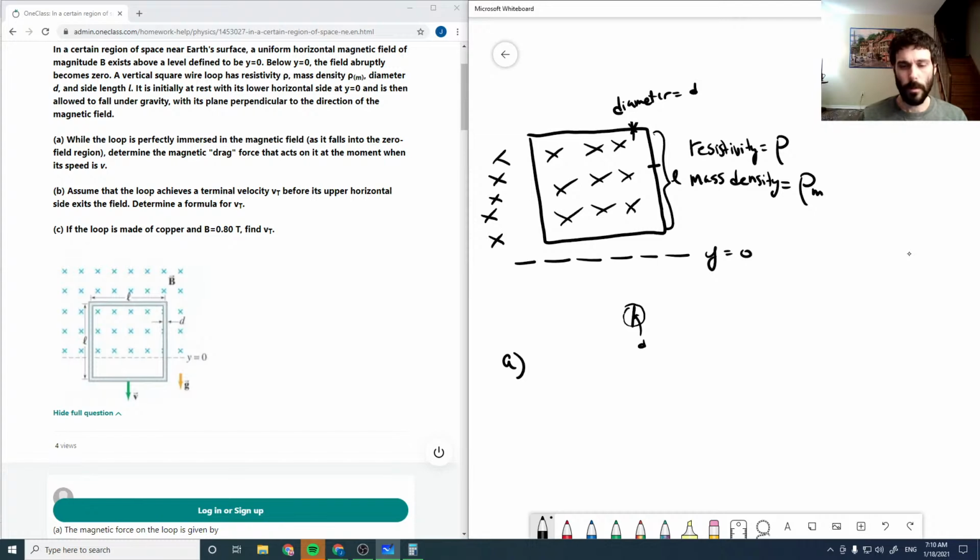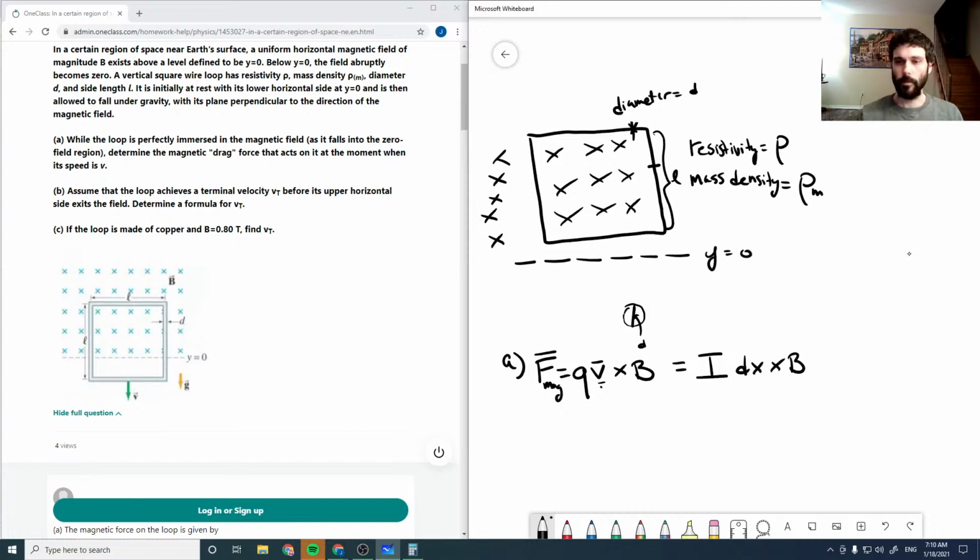So the force due to the magnetic field, I'm just going to call this F mag, is Q v cross B. So that's for a charge with a velocity v. Now this can be rewritten as I dx cross B. And so if we have a current,